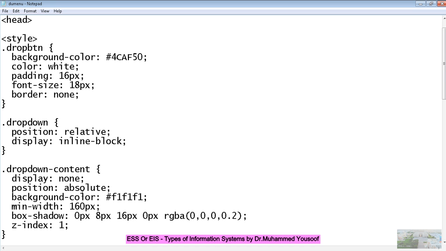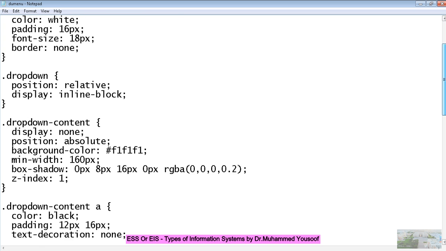And absolute position and relative positioning. There are 2 things. One is called relative positioning, which means it will arrange by itself. Absolute means you will decide in which position, in which x-axis element and in which y-axis element you want this particular menu to appear. You can decide. That's called absolute. The width is 160 points, and that is also known to you. And the shadow of the box is 0, 8, 16, 0, 8, 16, 0. So that's what the idea is about. That means I'm giving the shadow 0 point, 8 point. This is like different dimensions, and I'm giving here the values for all these things.